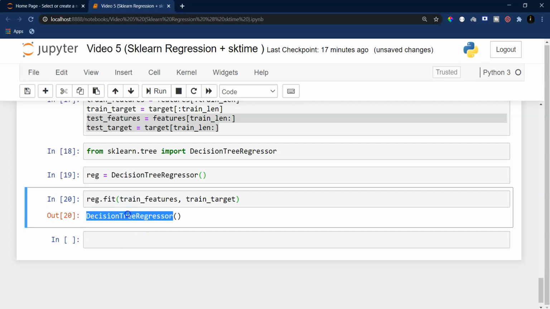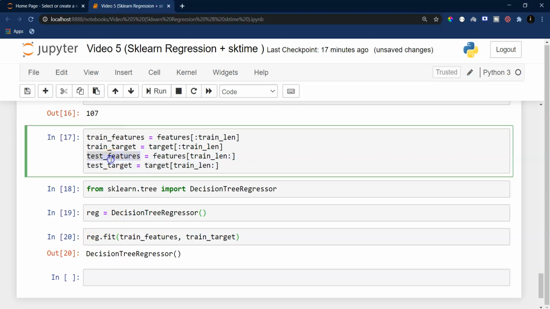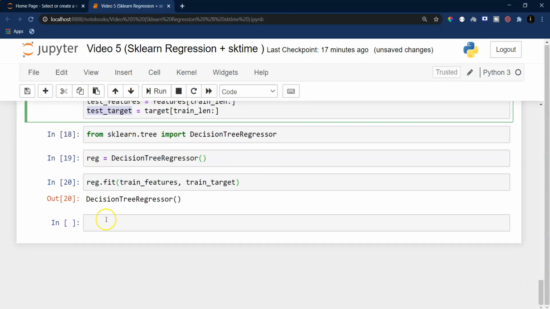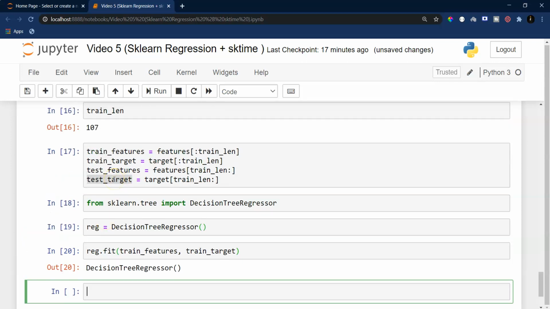Now using this regressor, I can evaluate my model's performance using the test features and test target. But by evaluating, I'm not making any sort of forecast here. I'm just evaluating on the holdout data set. But how can I make a forecast for data which I have not seen? So to make a forecast, I have to again